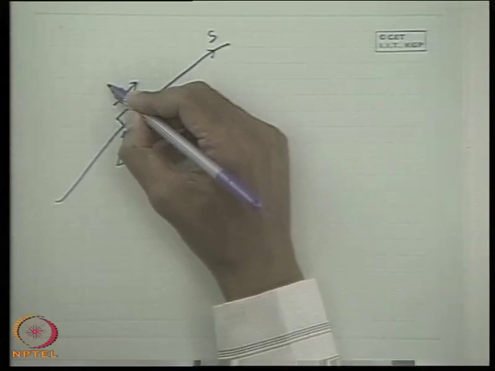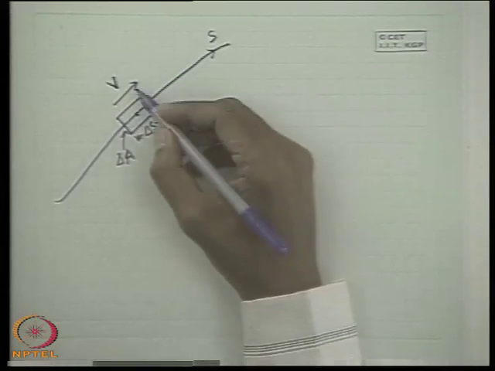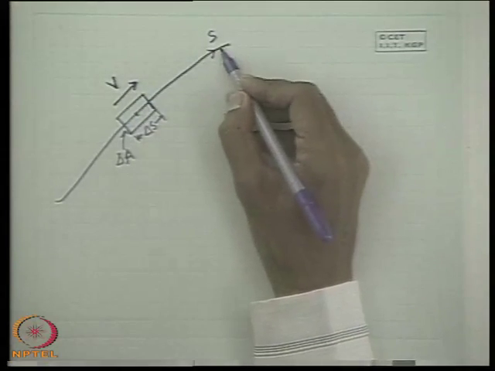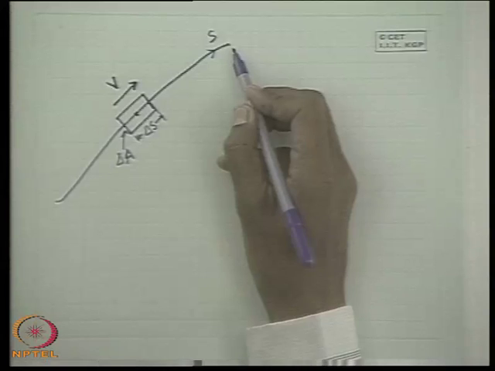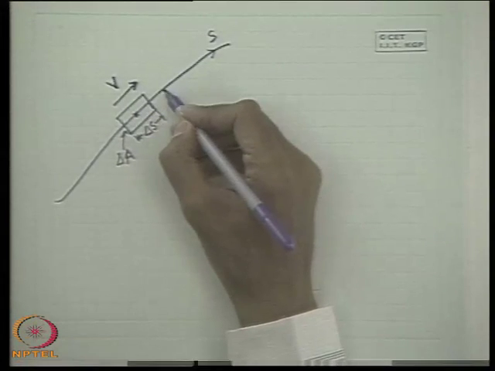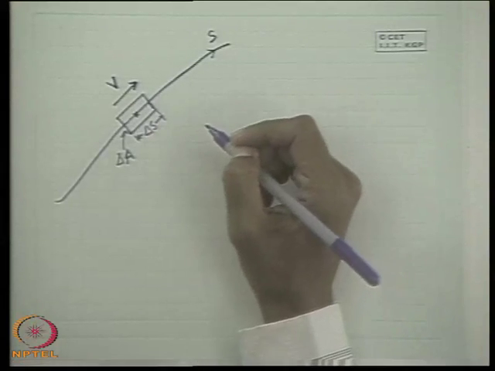At this point the velocity vector is v. I am not using the vector notation because v here is identified as a scalar component, because this is always along the direction. When I take the streamline as the direction, things become one dimensional. That means the velocity at this point is along the direction of the streamline, that is, along the tangent to it. So this is the situation.